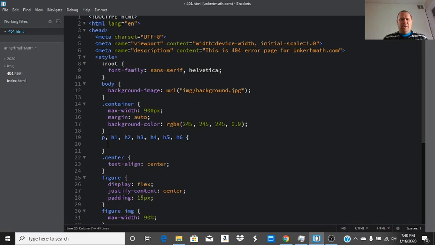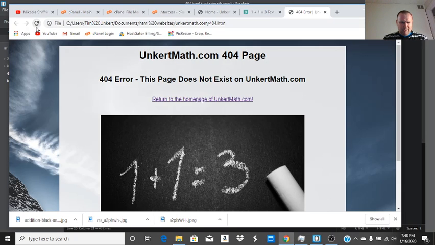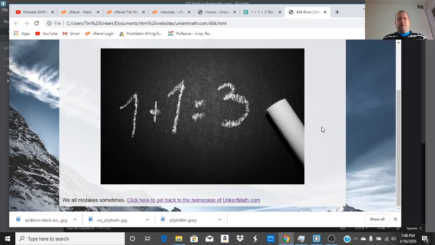Although I'm not going to use. We'll do a padding of 10 pixels. Let's see if that looks good. That looks a little bit better. Let's